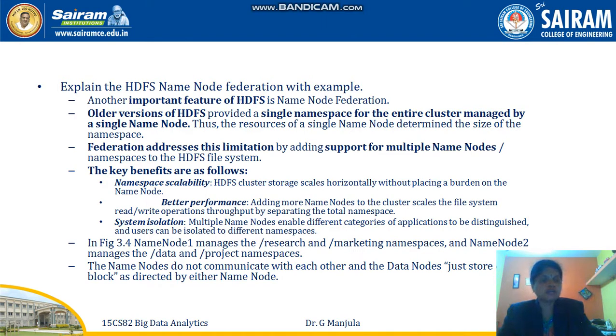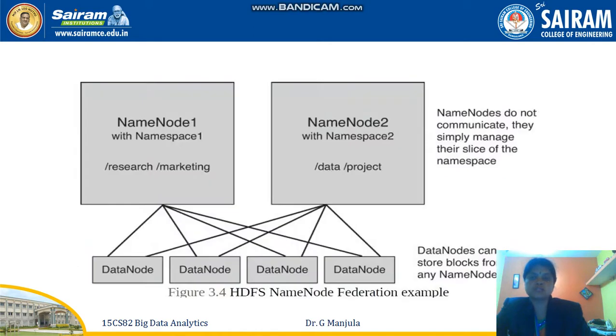So why was it introduced? As I told in the previous class also, the best three features are better performance, system isolation, where many applications can work, and scalability. Scalability, performance, and isolation of the system mean we can use n number of applications and access very fast. If there is a failure also, it is easy for us to access the data without any hesitation. So with this previous information from the slide, we will move on to the next topic.